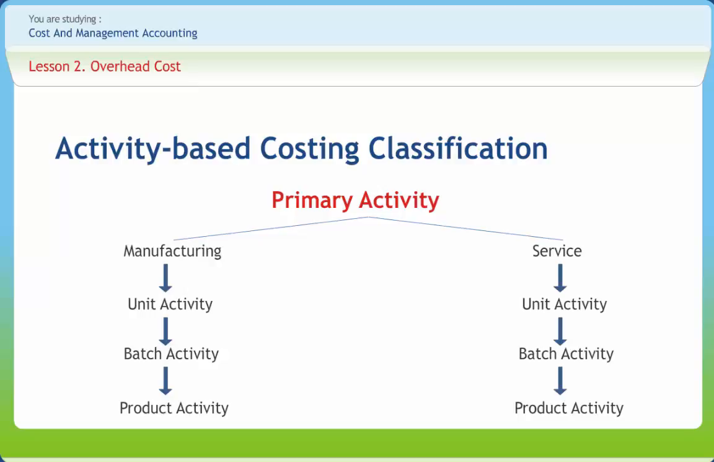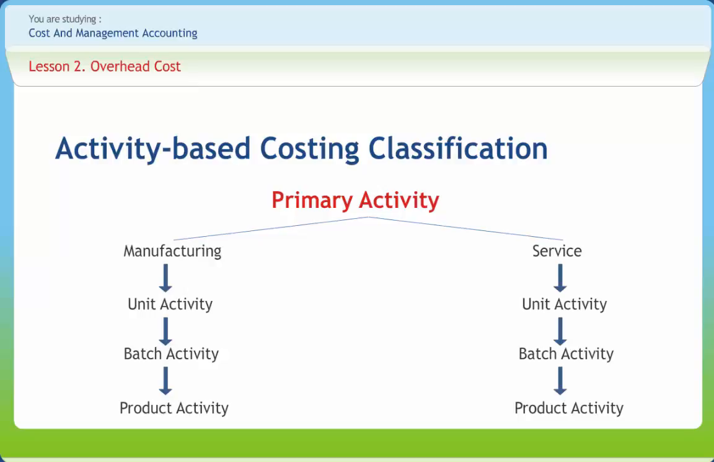The unit level activities are performed each time a unit of a product is produced. The number of times unit level activities are performed varies according to the number of units produced. The batch level activities are performed each time a batch of goods is produced. The number of times batch level activities are performed varies according to the number of batches made. The cost of these activities can be assigned to individual batches, but they are fixed regardless of the number of